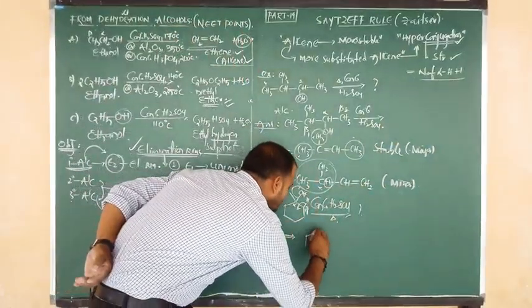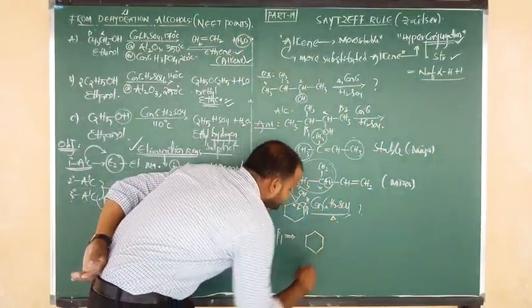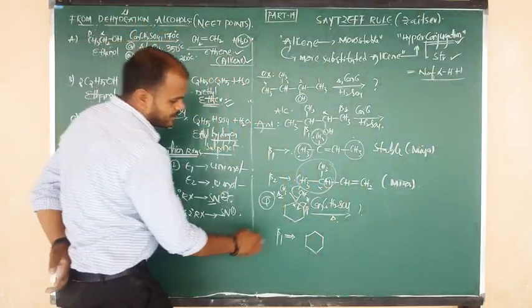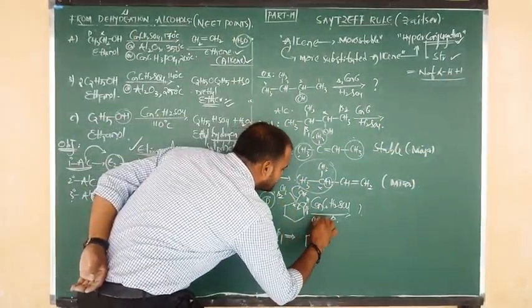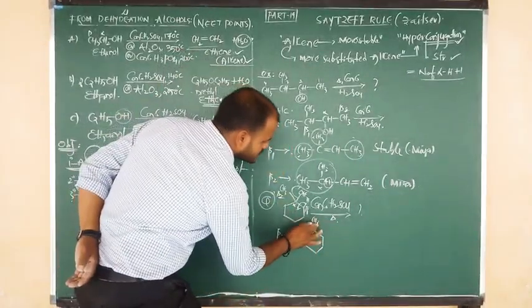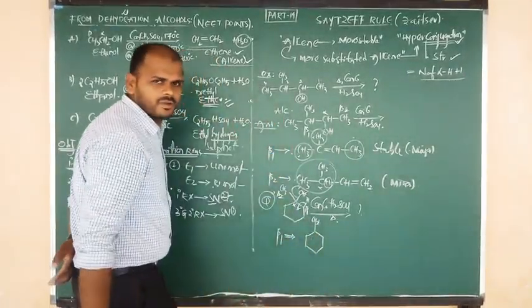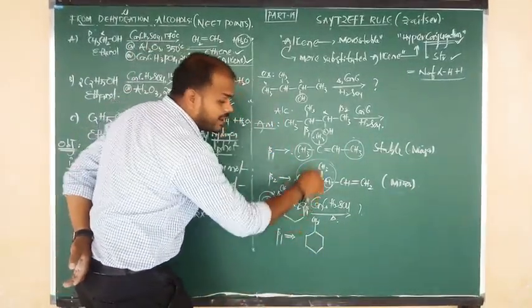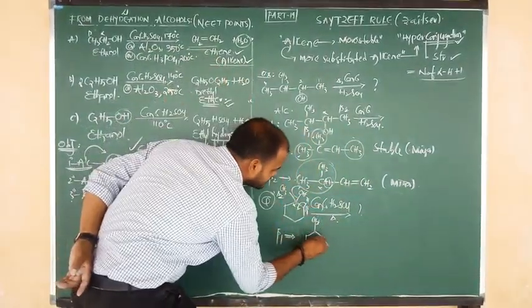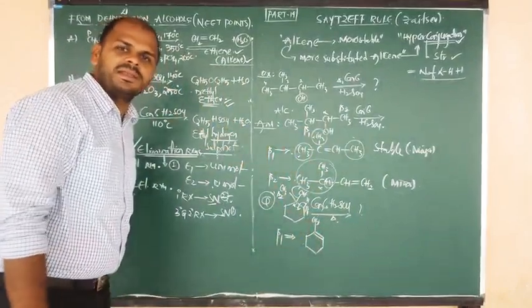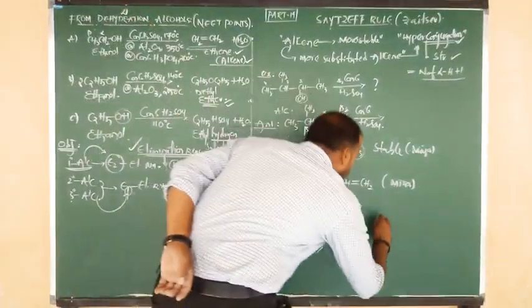After that the product we are getting has the same cyclohexane ring, with the central carbon connected to methyl. It is as it is. This group is as it is. From beta 1 we removed one hydrogen, and this bond goes inside like this. This is your beta 1 product. Now let us go to the beta 2 product.